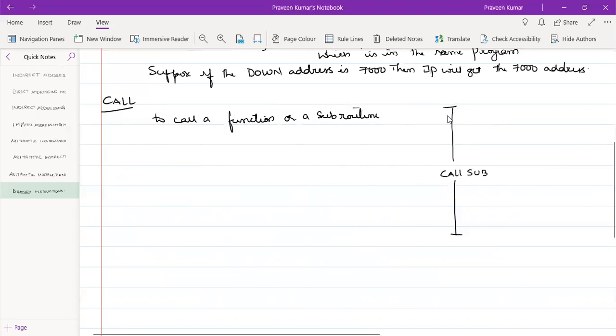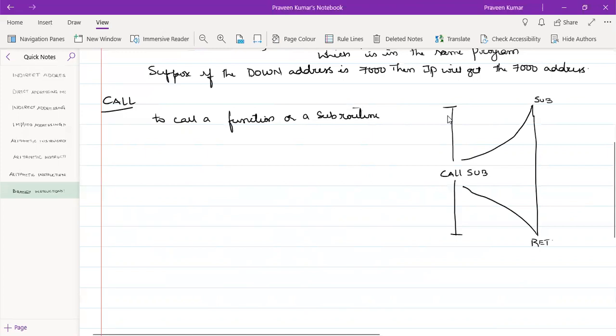When I call, the program will go like this. It will call the subroutine sub, execute it sequentially, and return to the same program with a return instruction.